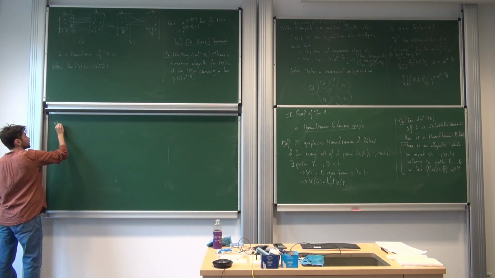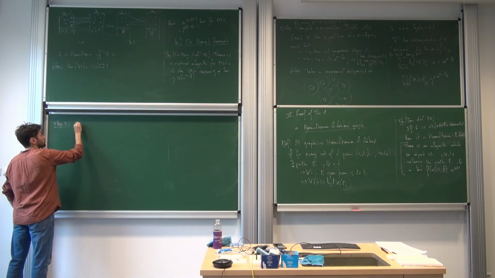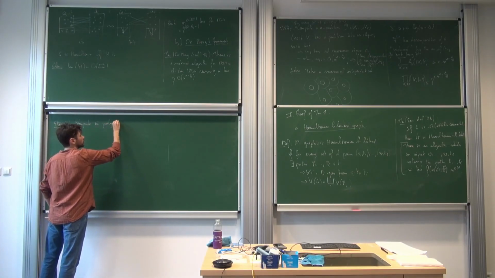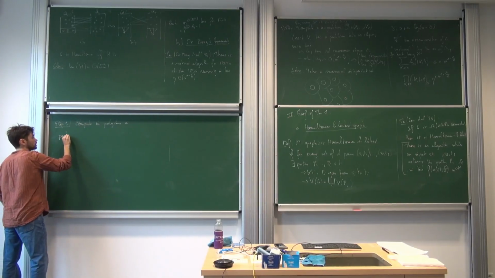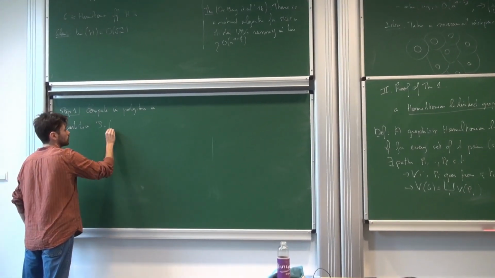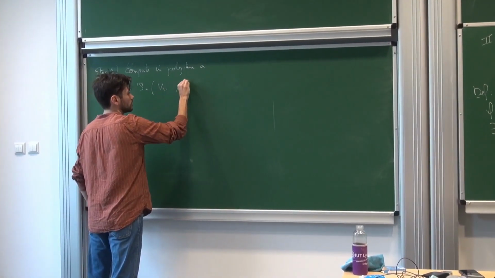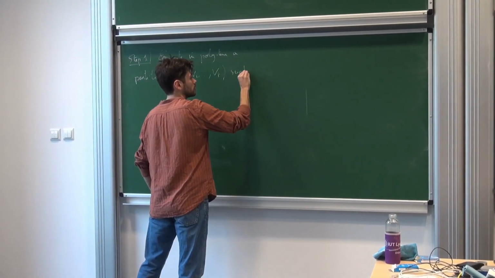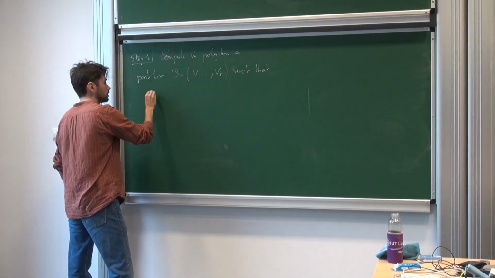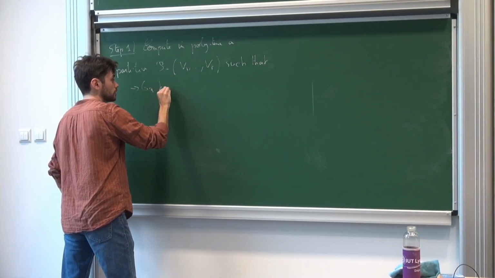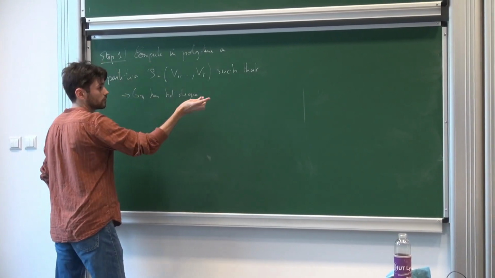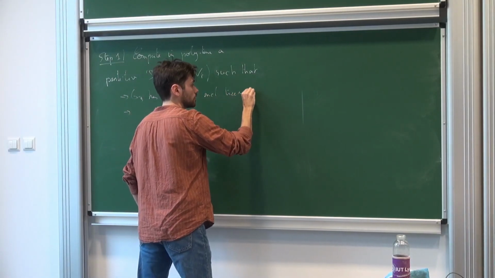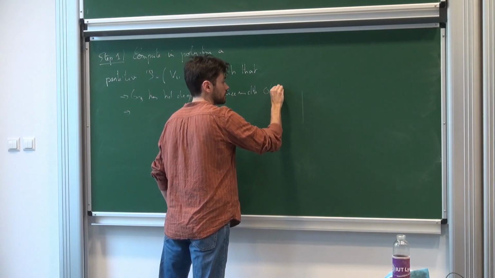So, step 1, we can compute in poly time a partition of E such that G_P has 1 degree, we just apply the same idea, and 3 widths, this time 3 widths, we go of n plus d,